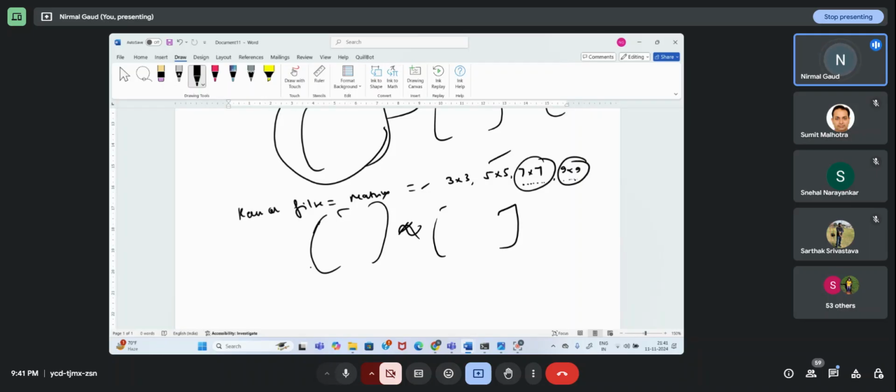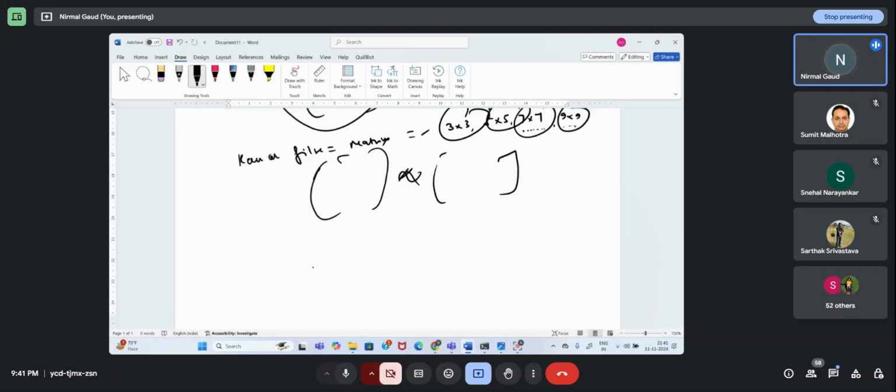Okay, fine. So the question is, sir, why are you taking this odd dimension, sir? What is the reason? 3 cross 3, 5 cross 5. See, there is a reason. Everything is having a technical reason. If I make 3 cross 3, there will be a central element. I will be having some value at the center. There is a specific name for it, and yeah, anchor. I think I remember this.